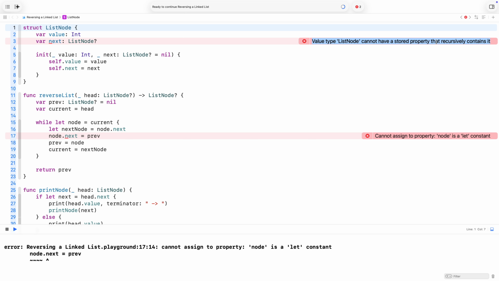A value type list node cannot have a stored property that recursively contains it. So you can't have a struct which in essence has a reference to itself. Now, I have looked into this, and it turns out the reasons are quite complex, and I'm not going to go into them now, but if you want to have a look at the reasoning behind this, there are some quite complex arguments. So for the time being, we will just change this back to a class,